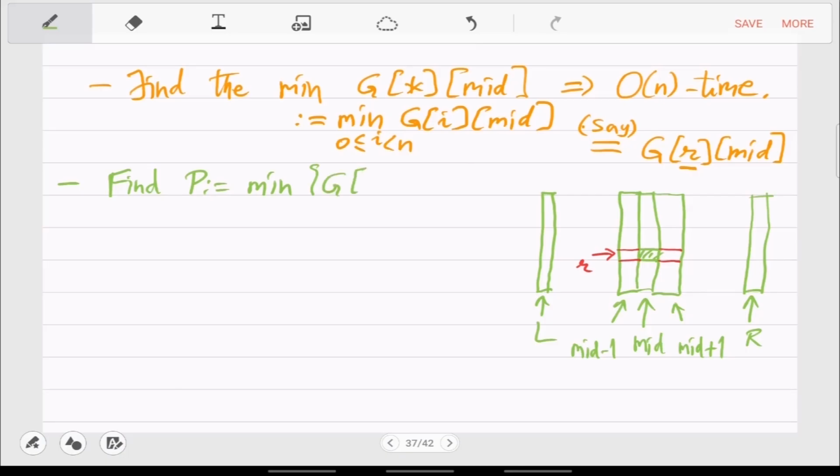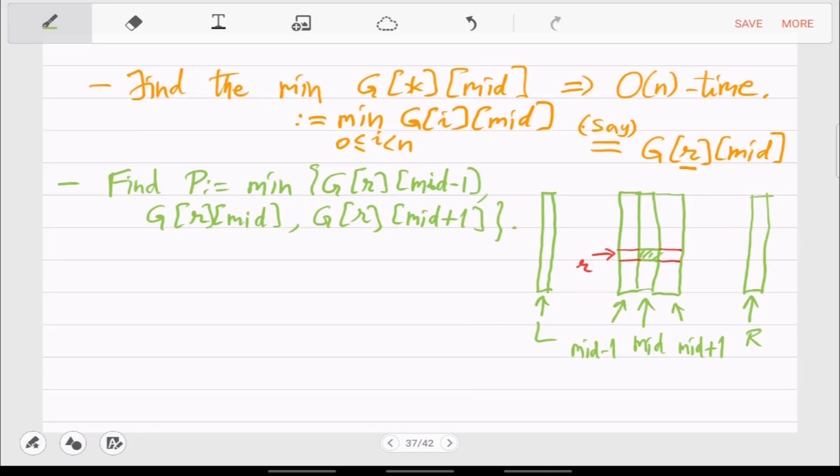So G R, mid minus 1, G R mid, and G R mid plus 1. So find this minimum of the three, and if the minimum is the mid already, then you will just output P.